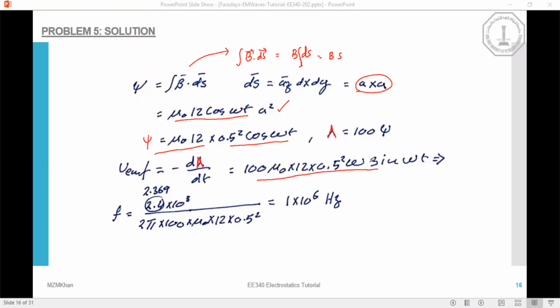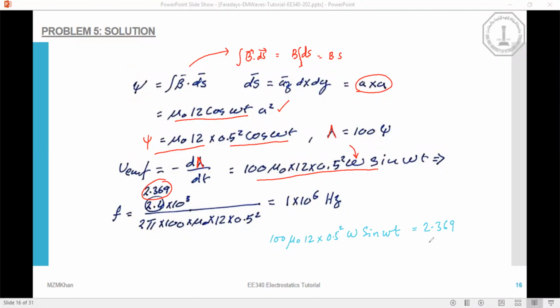Now our question is, we need to find the frequency. That means we need to find this omega, which is 2 pi f, so that I can get a peak EMF value of 2.369. That is 100 mu naught 12 times 0.5 omega square times sine omega t